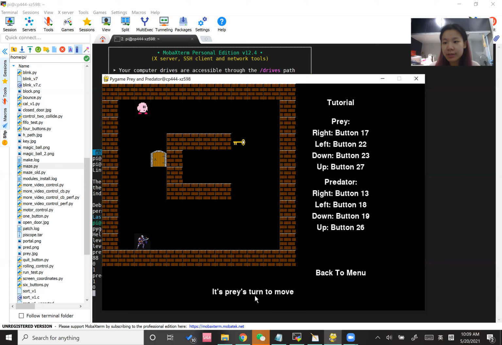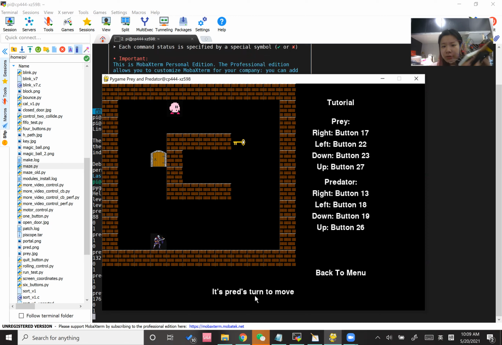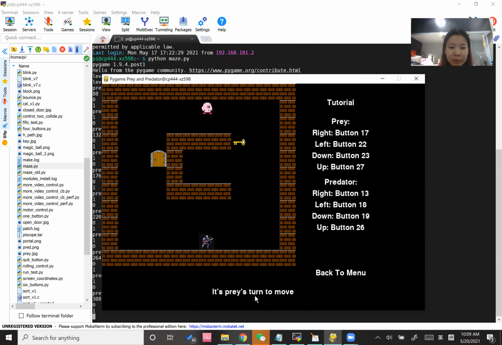And then as you can see, it's a maze. Since this is the tutorial, it's gonna be an easy one. So basically the prey needs to get a key, and then they need to go to the door to win. And the predator needs to catch the prey before it gets to the door. So I can quickly demo this, and since I'm playing Bo's character, I would simply just let my prey win